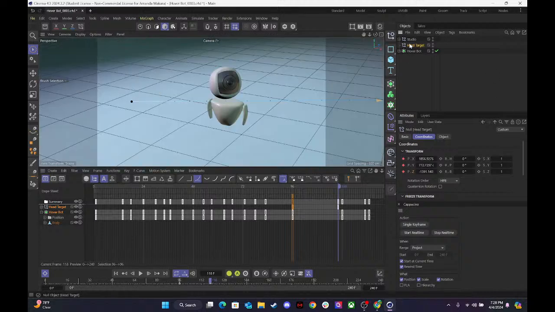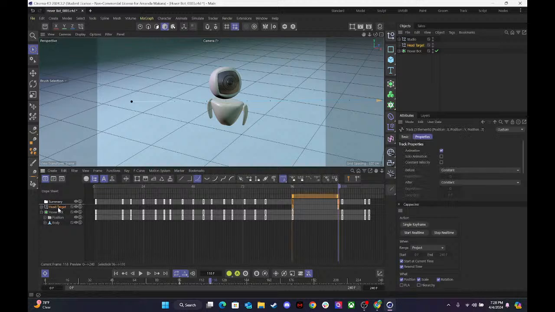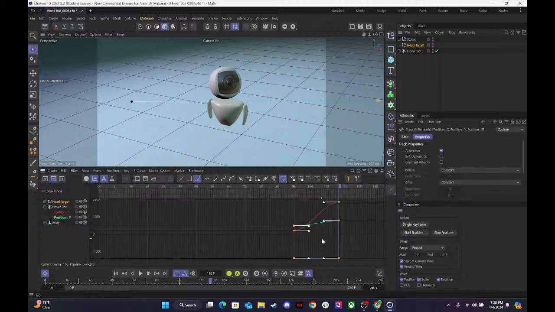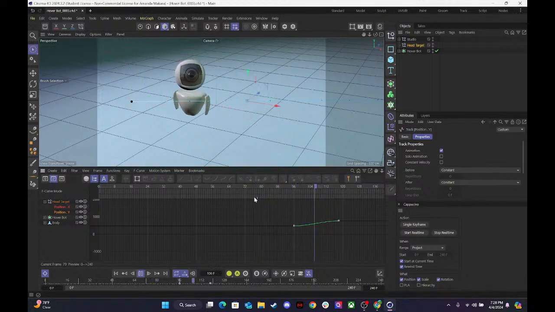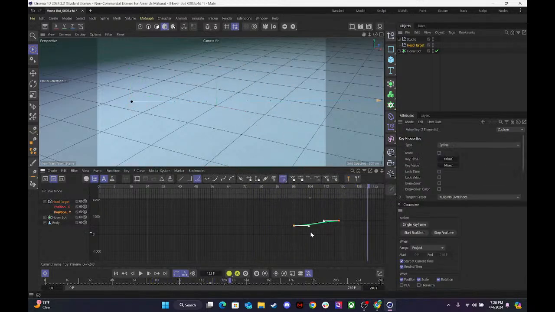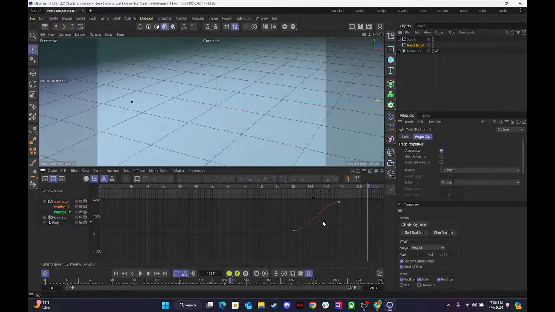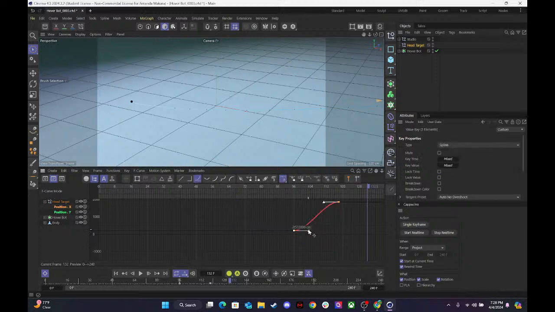And go back into this view. And the head target, I'm going to select this. And let's look at the, right here, we don't need the Z position of the head target. That's fine. The X and the Y looks good because it's like some easing. We're just going to make that a little bit more. Holding down shift, we're just going to make it a little bit more extreme, I guess, just a little bit more